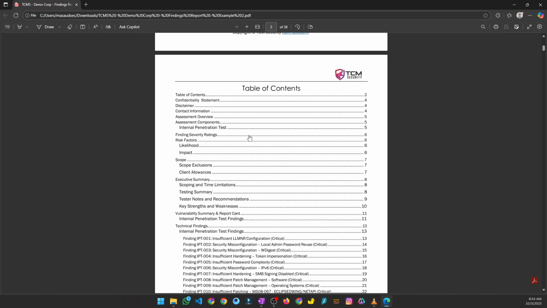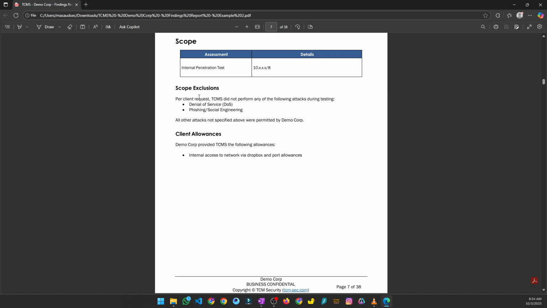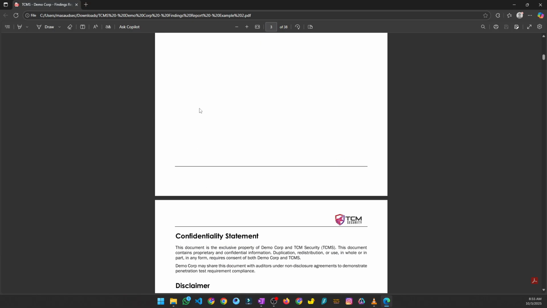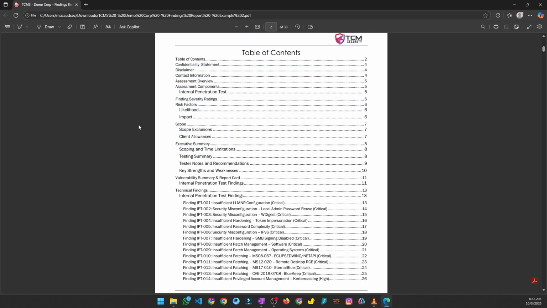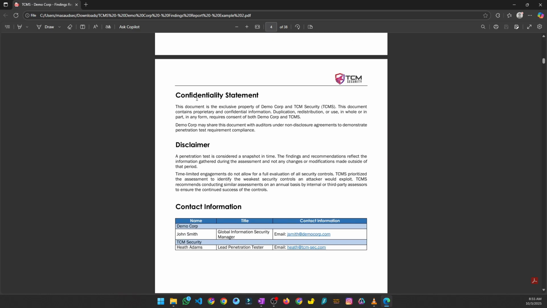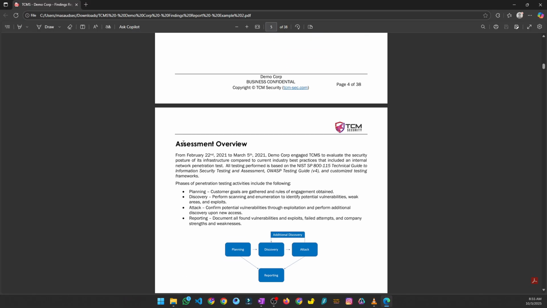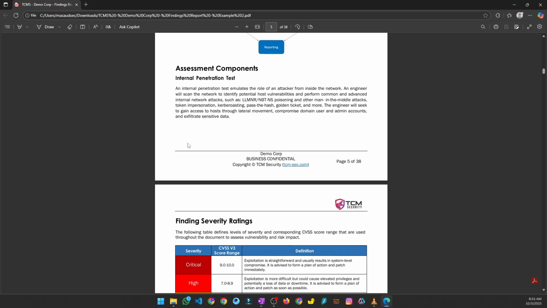There will be a table of contents. You will be required to create a table of contents in which you will be telling them about everything. And yes, there will be a scope, each and everything. For example, if you go down, we have the disclaimer, we have the contact information, let's say the company who hired you for this job. Then we have the assessment overview,